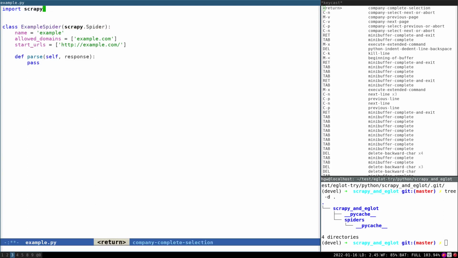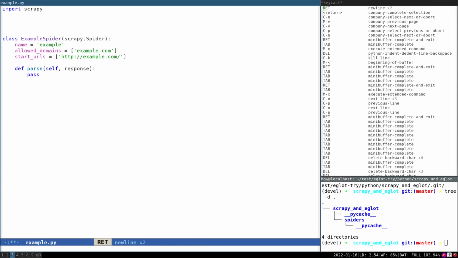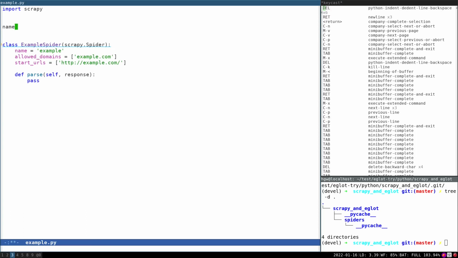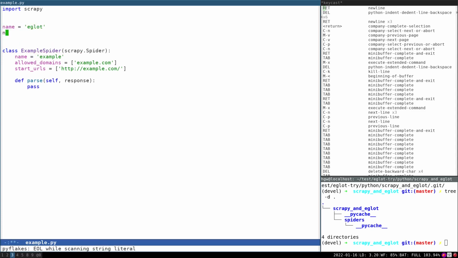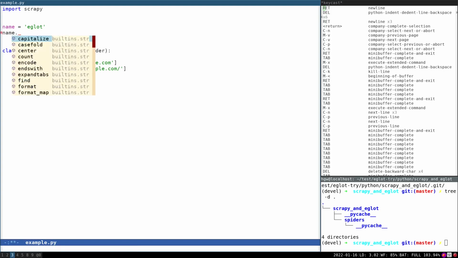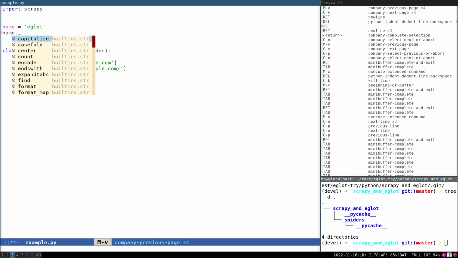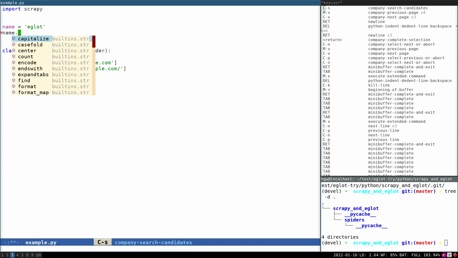If there are too many items to navigate, searching is a better way. Let's take a string object as an example. We can see that there are a few dozen candidates here, so type Ctrl-S to start searching, and then type the keywords that we want to search.